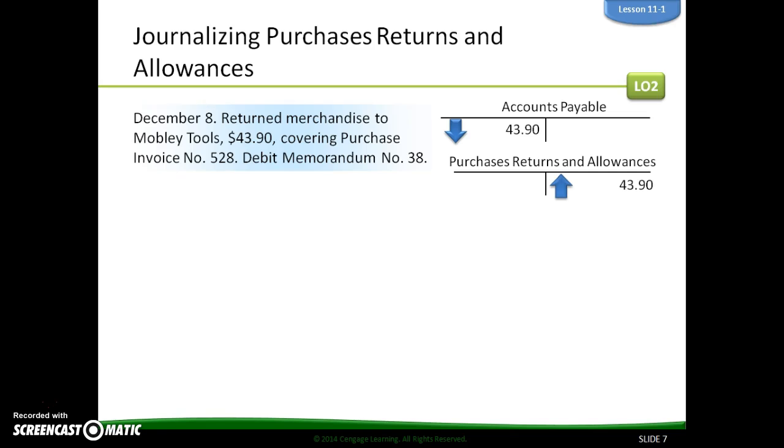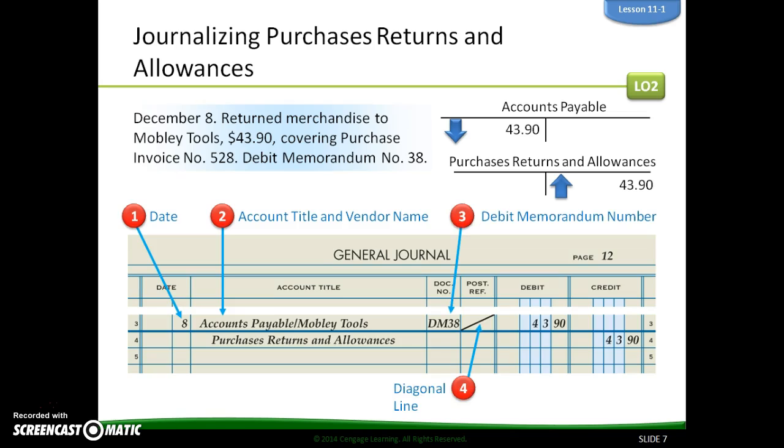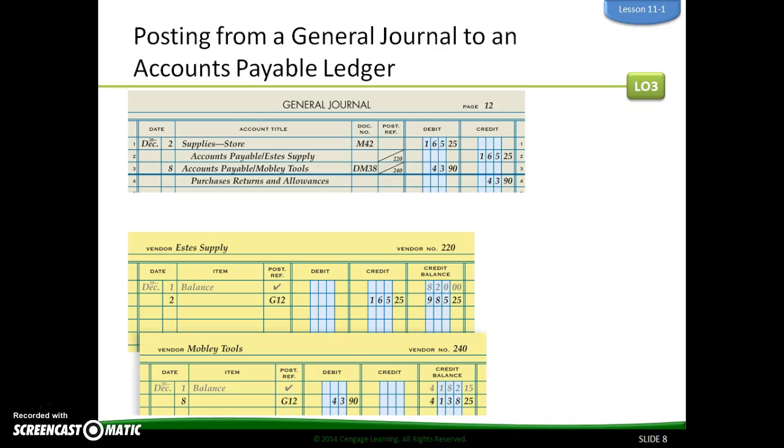purchases, returns, and allowances. So you can see that on our general journal here, we're recording we did it on December 8th. The account title is Accounts Payable from Mobley Tools, and it's a debit memorandum 38. The purchases returns allowance gets a credit of $43.90. All right, so then when we post